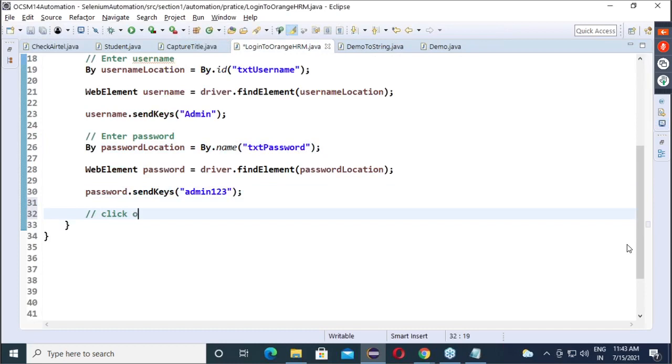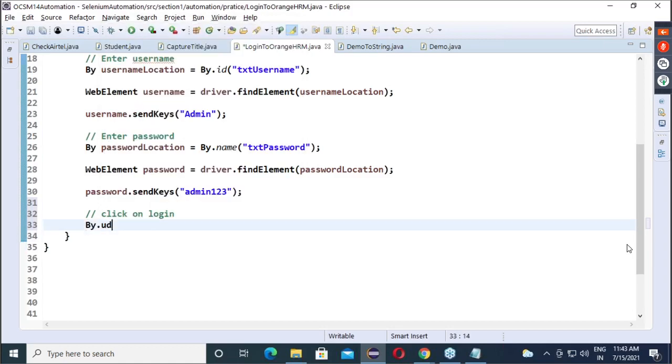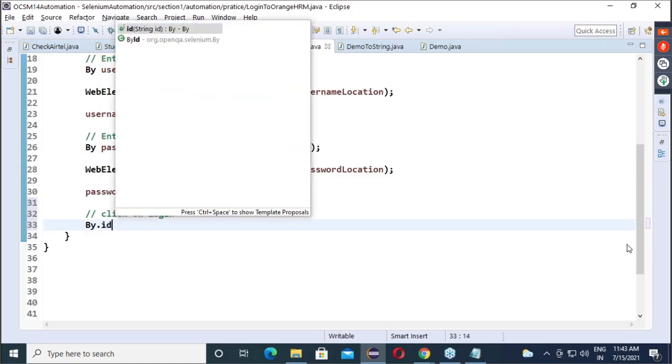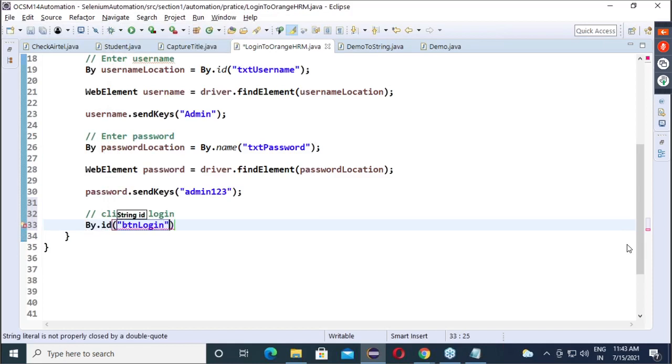Again, what we have to do here? Click on login. So By.id, button login. Then here we will give By login location.